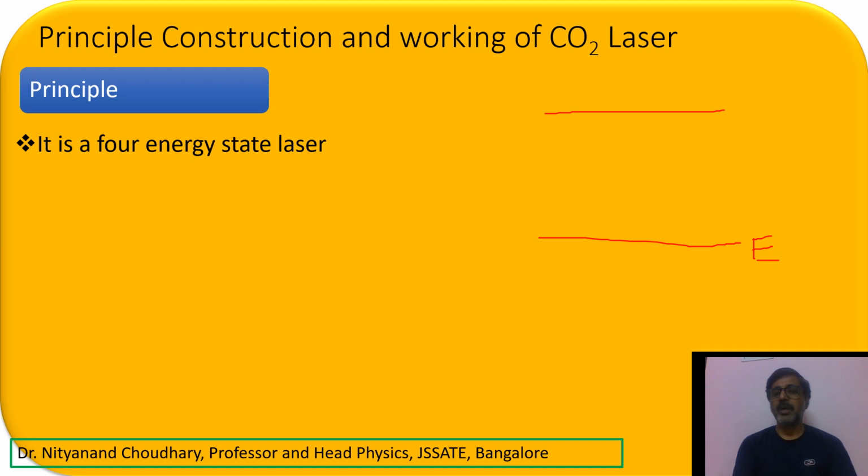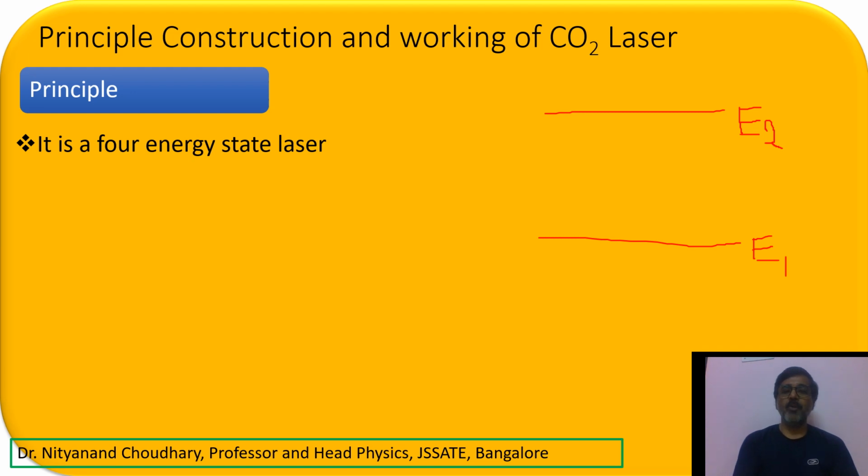and E2. With 2 energy states we cannot have the laser beam, because it will violate the uncertainty principle. So from 2 energy states we cannot have the laser beam. For the laser beam at least we require 3 energy states, correct? So anything more than 3 energy states will give you the laser. 2 energy states was only for explaining how the atoms or electrons move from the ground energy state to the excited energy state when we are pumping.